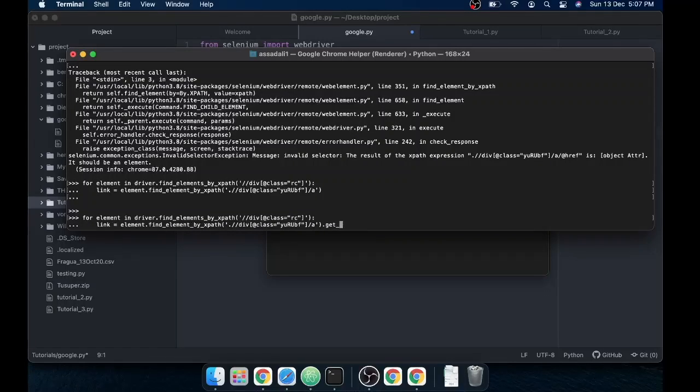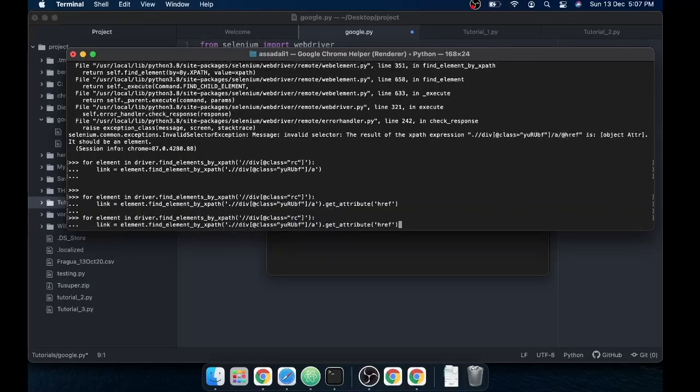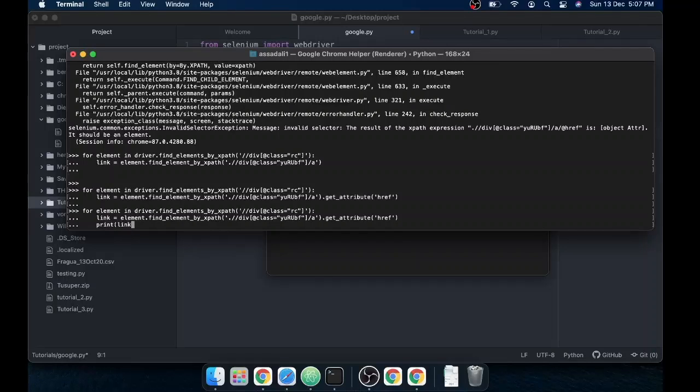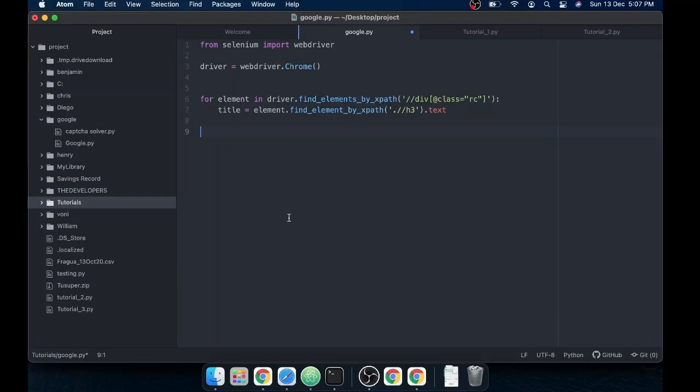Get attribute href. Okay, we need to print that as well. You can see that we have the links now. We can use those links to, let's copy this to our main code, to use later. Okay, now we are going to extract the short description